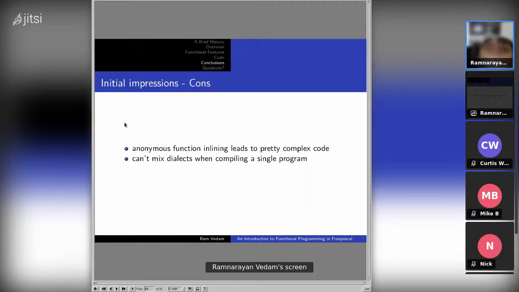A bigger thing, and this is more of a criticism of FPC, is that if you use the FP constructs and create a library that was designed in the Delphi dialect, you can't actually use it inside of object free Pascal. You will get an error.